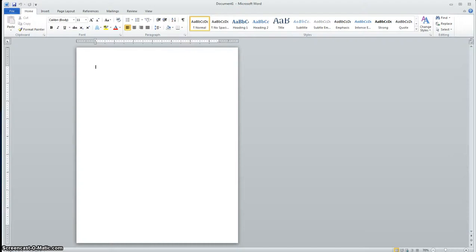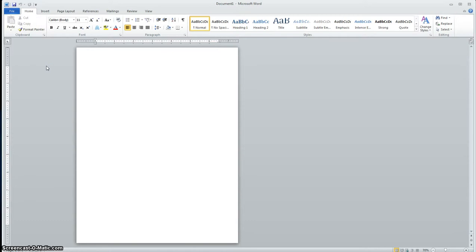All right, so now that you are good at inserting tables and inserting clip art and changing the size of your tables and changing the size of the rows and the columns, we are now going to use those skills to do the actual assignment. So what we want to do first is open Word, and then we're going to want to change the margins